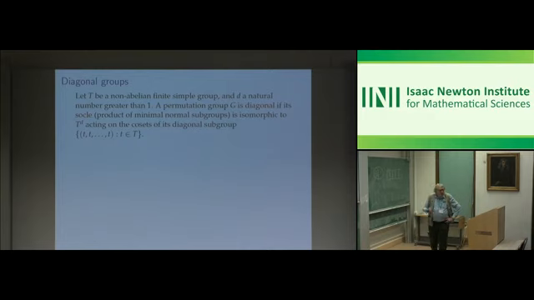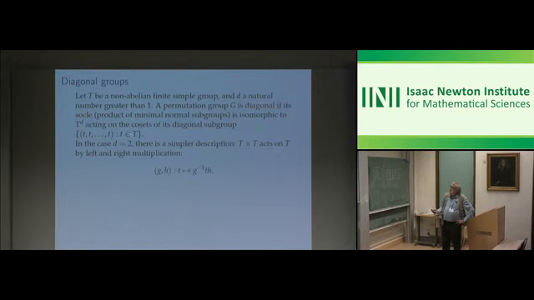Diagonal groups. So I'm not going to give you a precise description of diagonal groups, but I will say more about them. And this may be a way that is not entirely familiar to you. Basically, okay, so here is a description that will do for now. You take a non-abelian finite simple group T, a natural number d greater than 1, you take the dth power of T, let it act on the cosets of the diagonal subgroup,